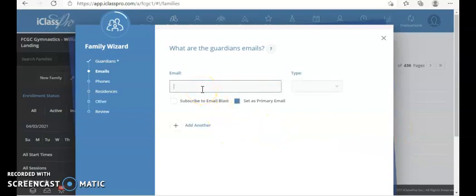Now, if they give us an email, we always ask if they've been with us before. Often families will say they haven't. They've either forgotten, they've attended a free event, and we've uploaded them onto our database from there, or for whatever reason they don't let us know. So this option here to set the email is really good because it will tell us if there's another account. So if we were to type in this email here,